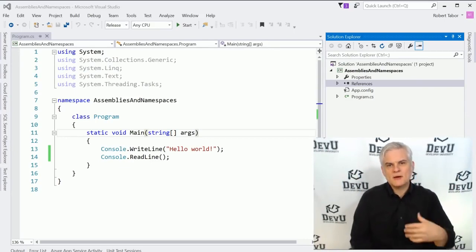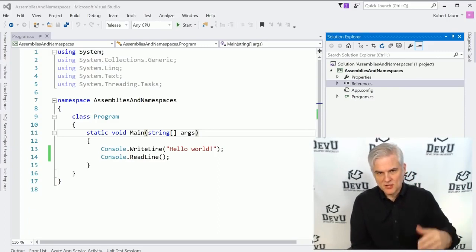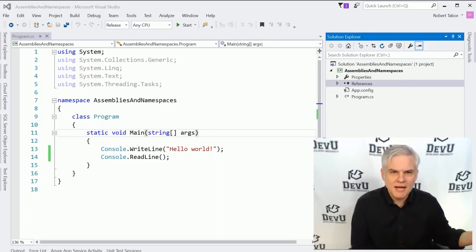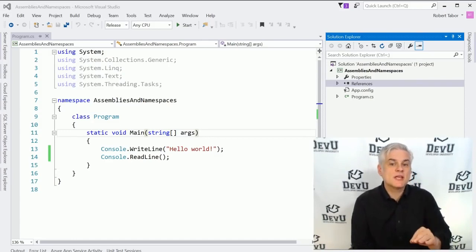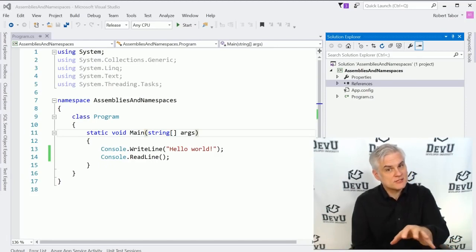So think about your name or my name, for example. Somebody might say Bob loves coffee. And you might say, well, which Bob? There's like a billion Bobs in the world, right? But if somebody were to say Robert Theron Tabor likes coffee, well, that narrows it down. I'm pretty sure that I'm the only person in the world that has that combination of first, middle, and last name, all right? So I could use the full name, Robert Theron Tabor, to reference one person,